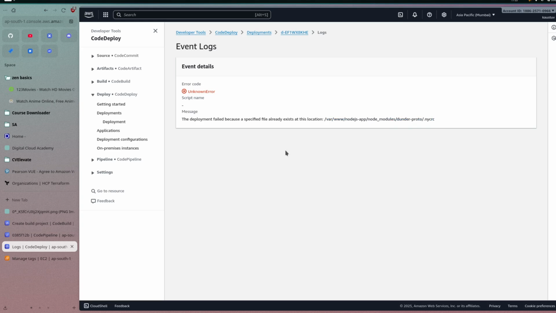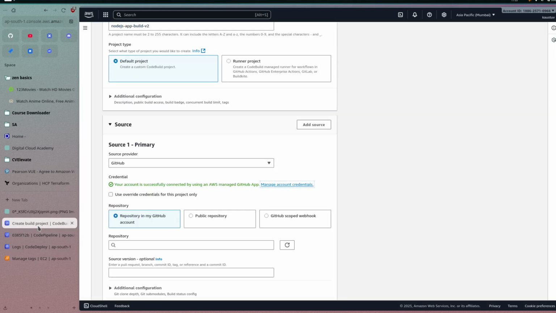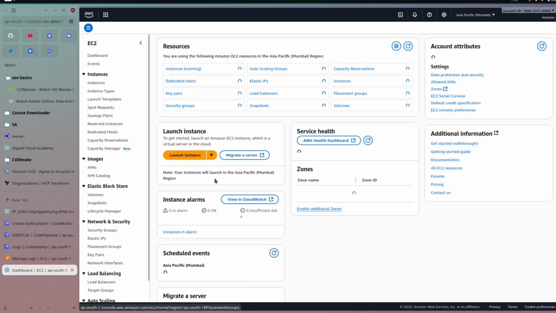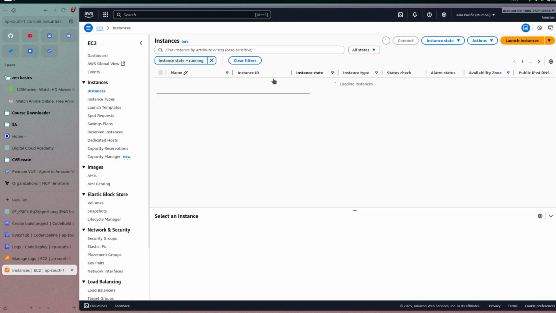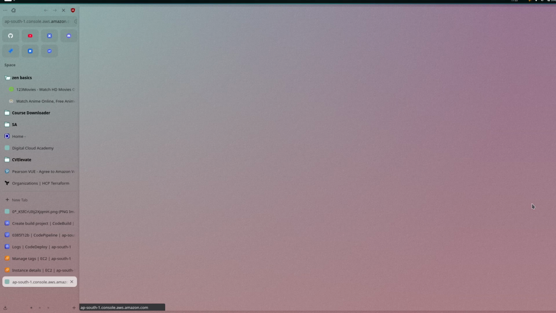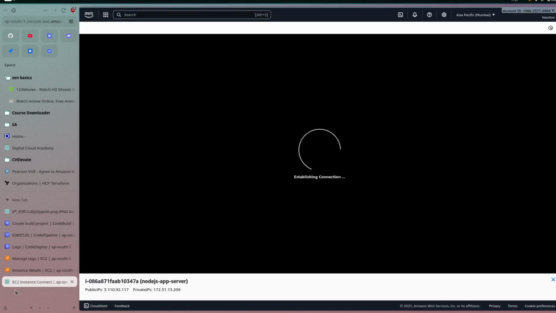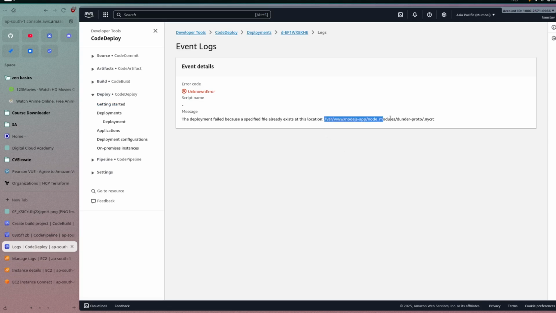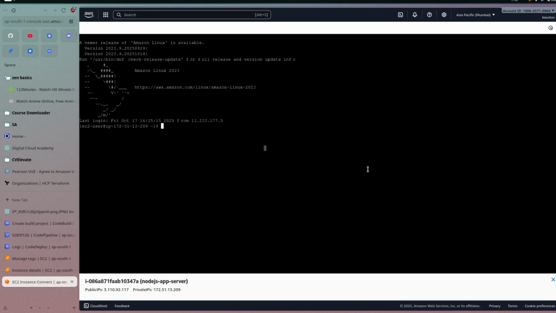So what I'm going to do is go to our EC2 machine. Let's just click on EC2. I'm just going to go inside the EC2 machine right now. Connect. And just make sure of the location: var, node.js, node modules. So I'm just going to remove the entire node modules. Okay, just copy this. Go to